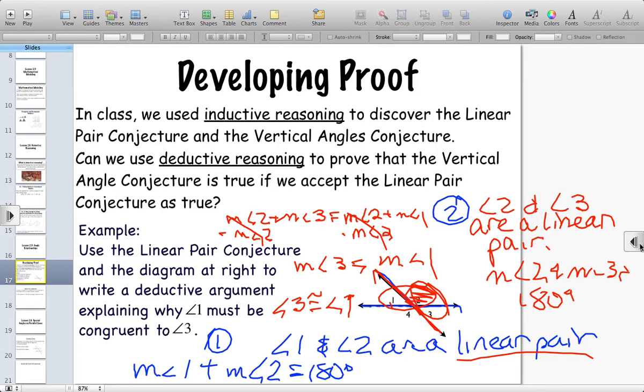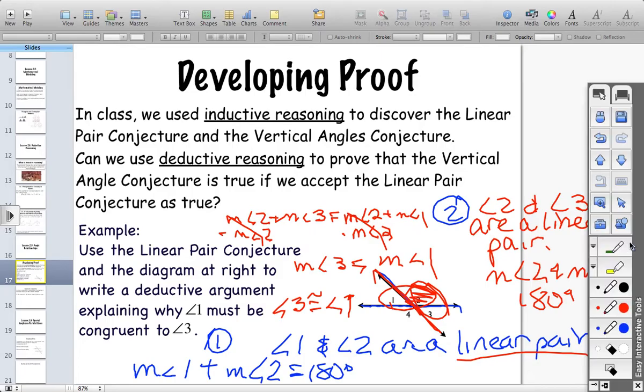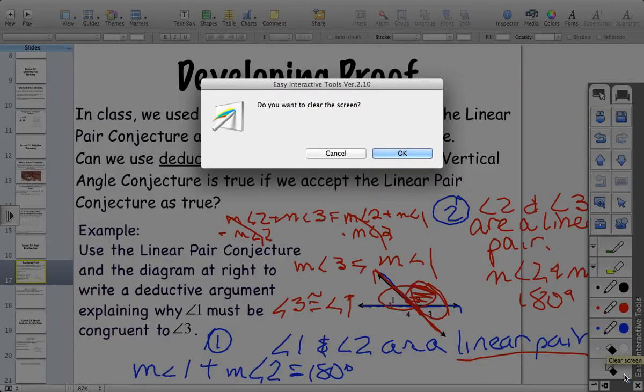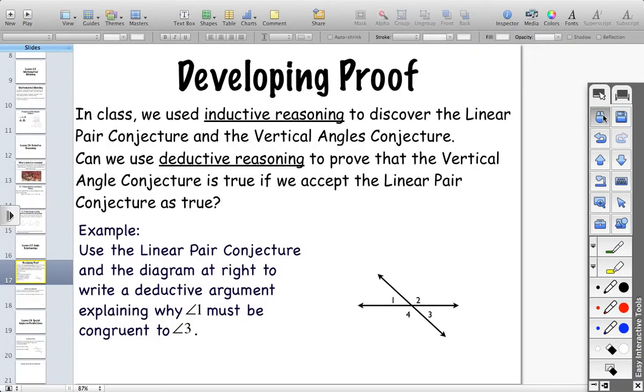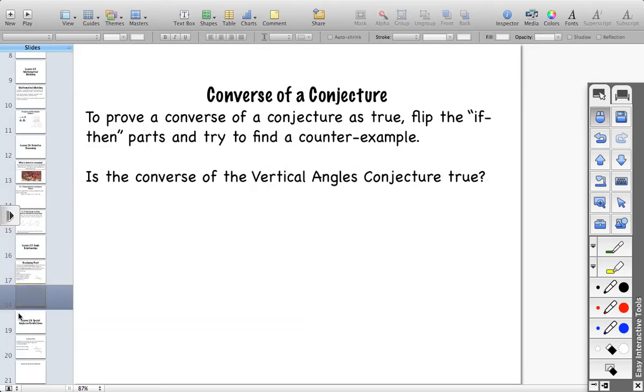Alright, let's move on to our next slide. So I'm going to clear off this screen. The converse of a conjecture, you might see this referenced every so often. And basically, converse means the opposite. If I were to reverse the conjecture, reverse those if-then statements,